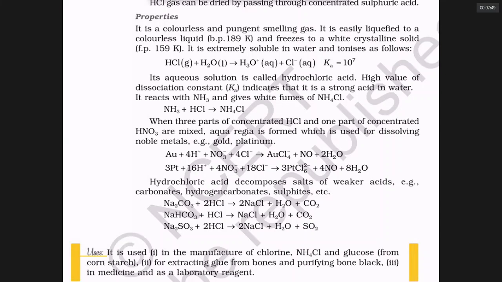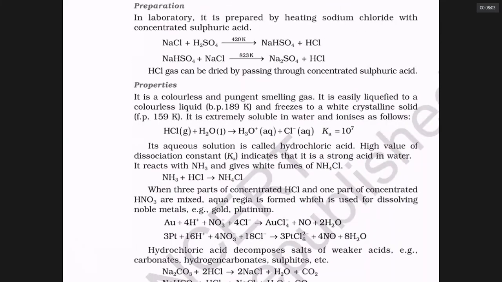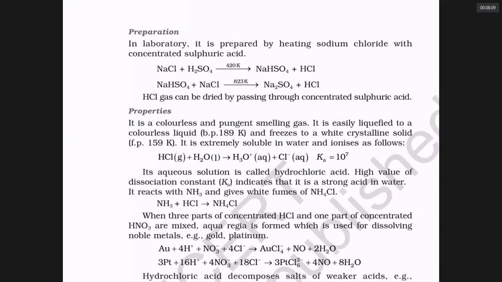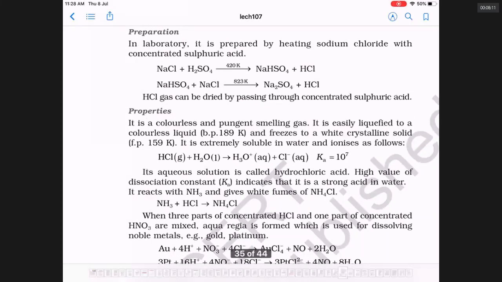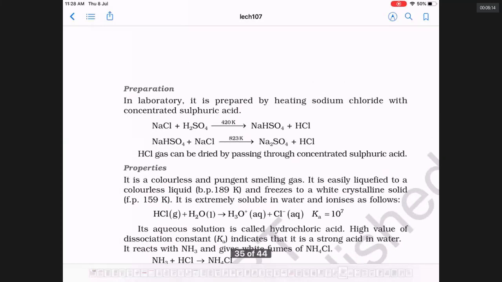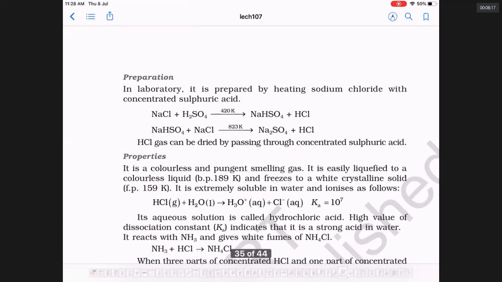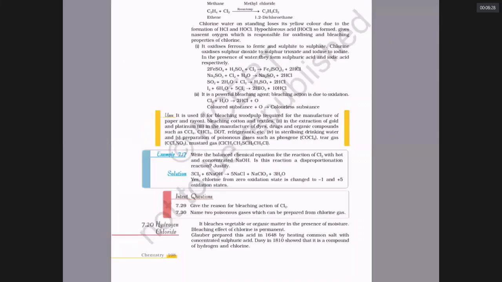Notice this, HCl is a good acid actually. It can react with many salts to give NaCl and CO2 in the case of Na2CO3 and NaHCO3, and SO2 in the case of Na2SO3. Ammonia happily reacts with HCl to give white dense fumes of ammonium chloride. HCl is a very good acid; its Ka is 10 to the power 7. Greater the Ka, stronger the acidic strength. You can happily prepare HCl even at your home by adding concentrated sulfuric acid to table salt. There's a note on that.